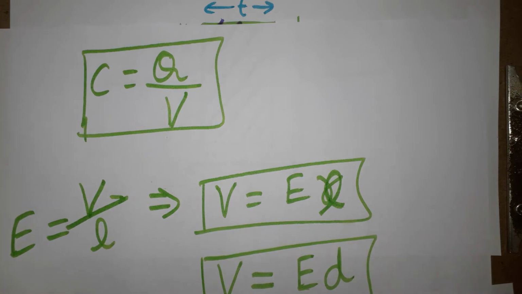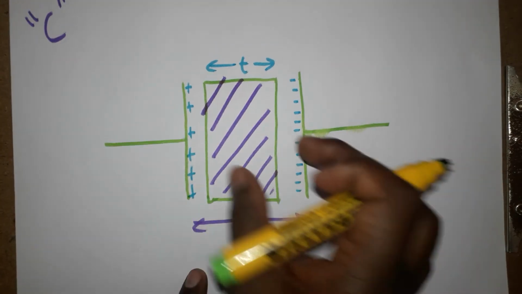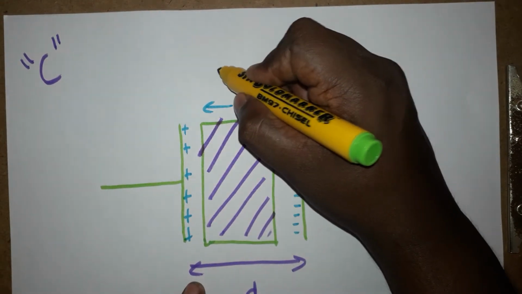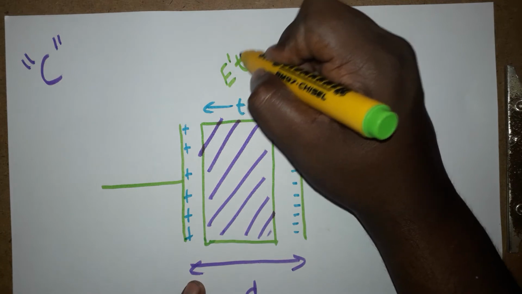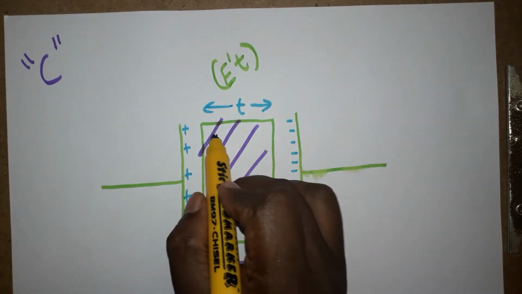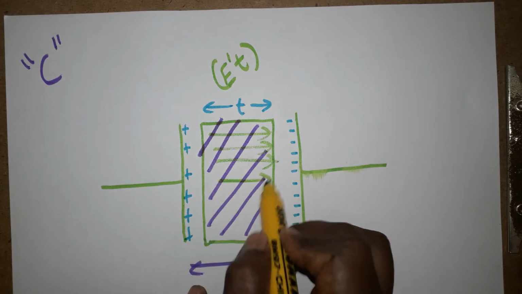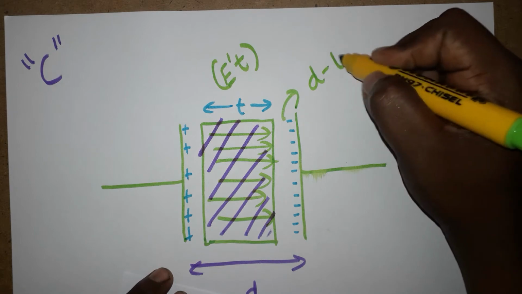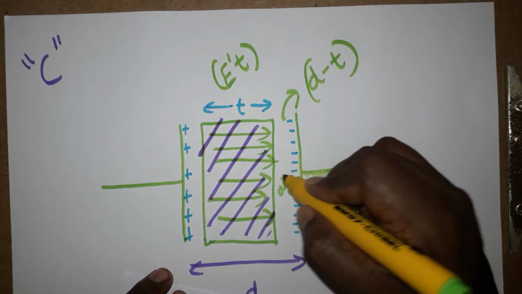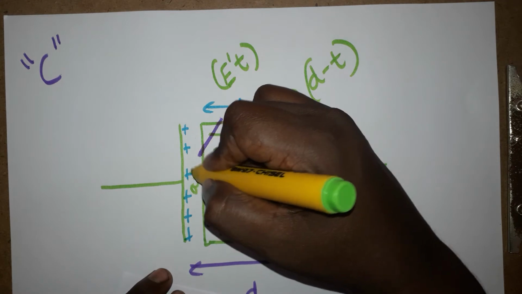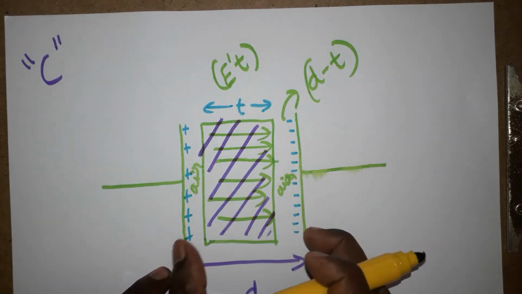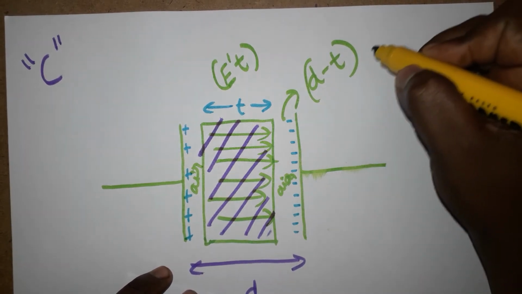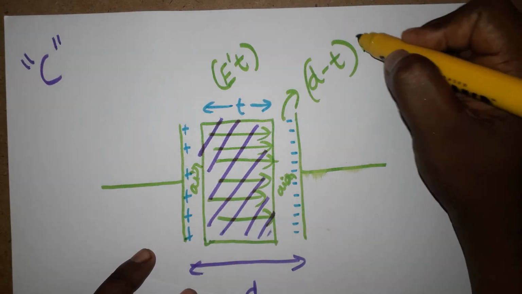In this case, the electric field is going to vary from place to place between the dielectric medium. So we take the electric field inside the dielectric medium, which has thickness t. For the remaining place, we take the thickness of the air column as d minus t. The electric field in the air column we are going to take as E.